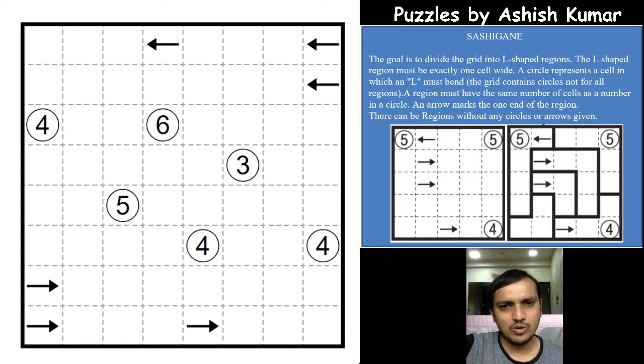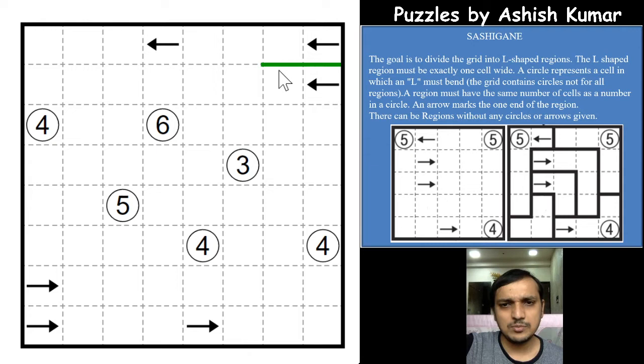Rotations and reflections are allowed, so you can have an opposite L, reverse L, a straight L, anything, and an L can have an equal number of cells on both sides from the bend. So any L shape can be formed, and the arrow indicates one of the end points of the L shape. For example, if this is an arrow, it starts from here and points towards the bend of the L shape. So this is an L shape from the arrow. This arrow indicates it's one of the end points of the L shape, and there are two end points in the L shape, right?